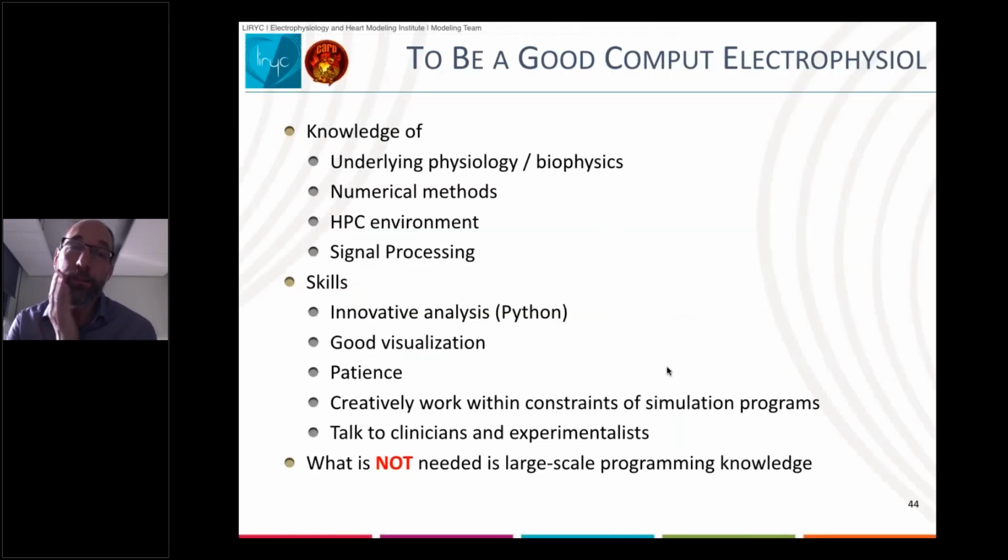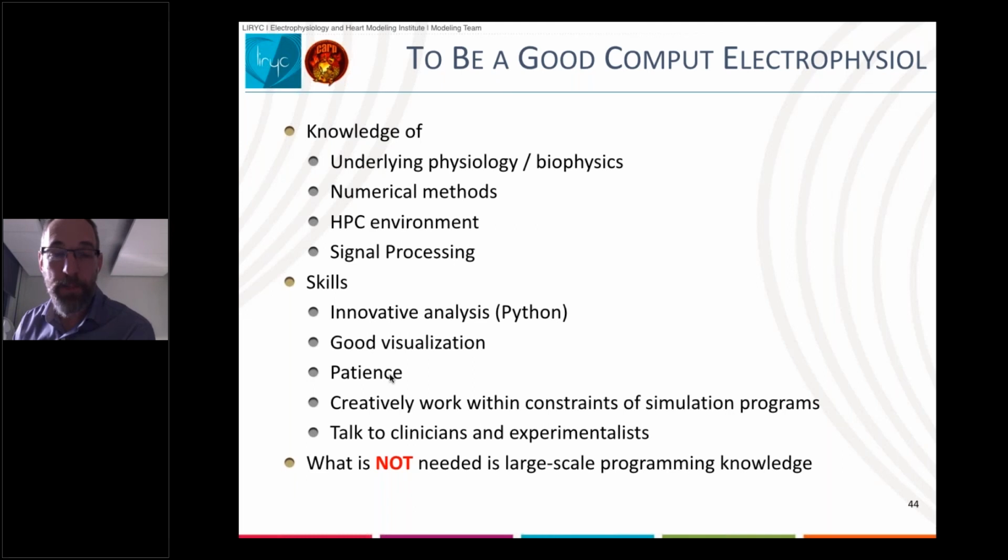And to be a good computational electrophysiologist, what you need to know is the system that you're modeling. You have to know the underlying physiology and biophysics, numerical methods, and how to operate in an HPC environment. We're still not, for a lot of problems, at the desktop level. And a little bit of signal processing never hurts. I think you need to be good at innovative analysis. You have to know some programming language, something like Python, or people like MATLAB, and have good visualization skills,